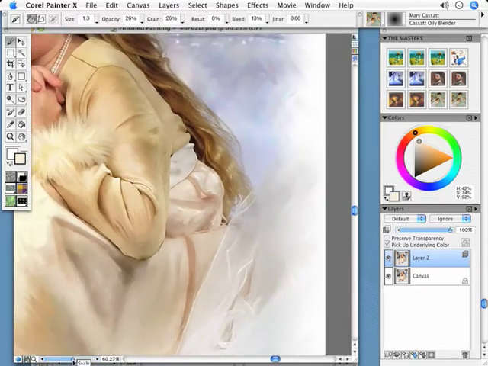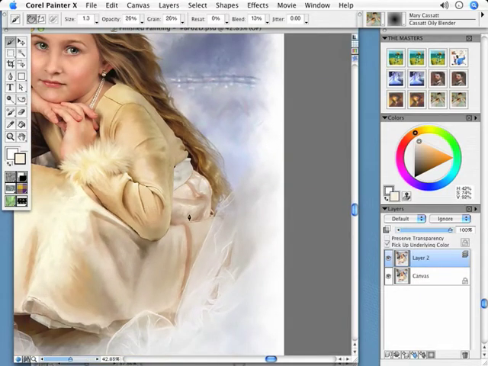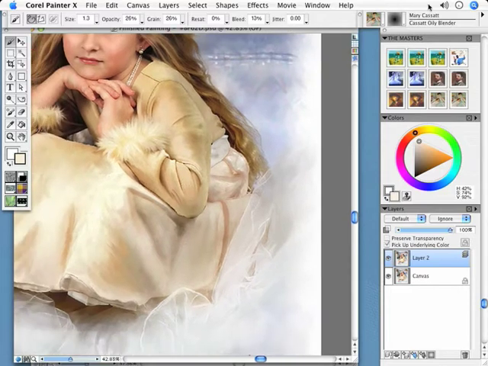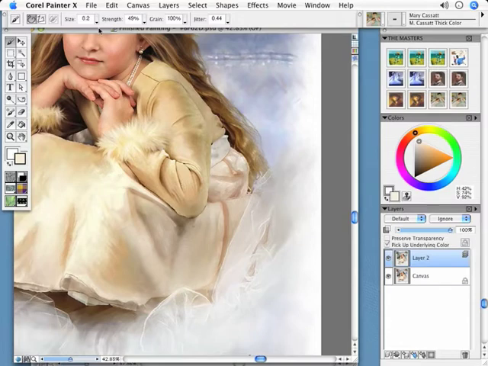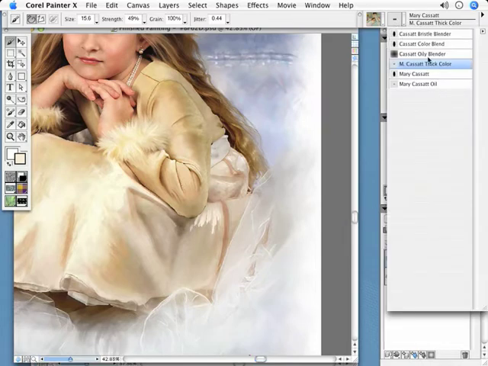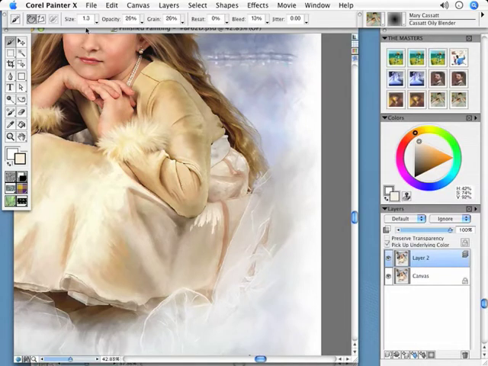So let me back away a little bit. Let me just do this and show you before and after, and it's just starting to get a little more punch. Let's come in here now and let me add a little bit of the thick color again. Let me come in with a little larger brush and let me just add it in here, just like that. And then I come in with my blender. I come in with my oily blender, and let's come in and just blend it in nicely like that,